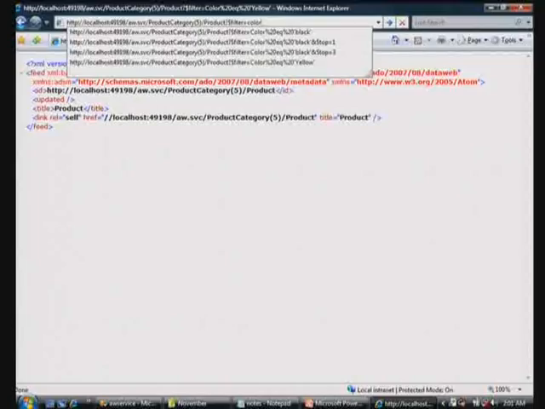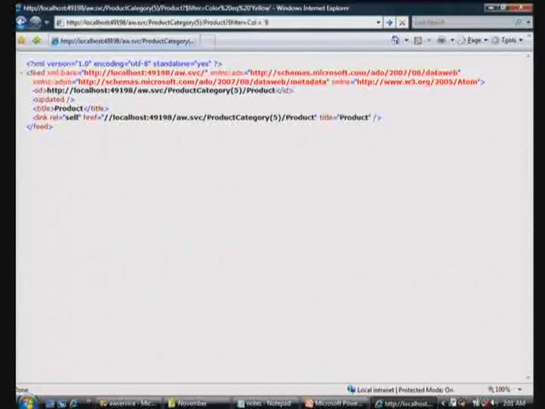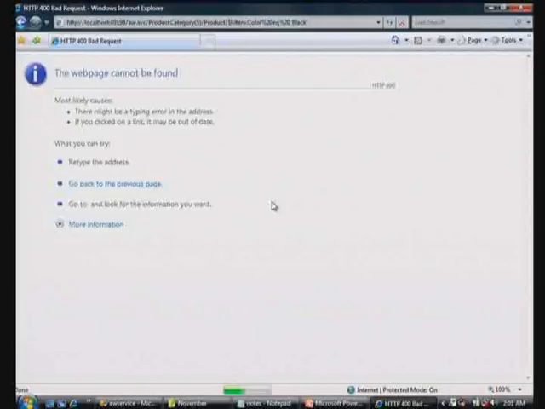Let's try black. Color equals, that's because I'm not typing it right. Color equals black. Come on. Get all the products. There we go. Now, I have just the black